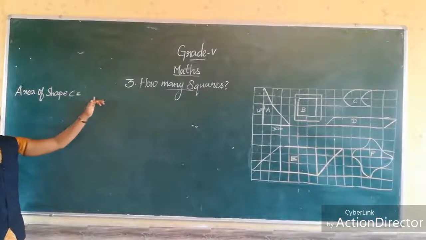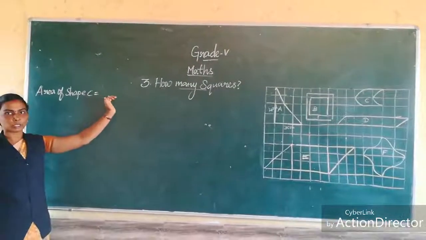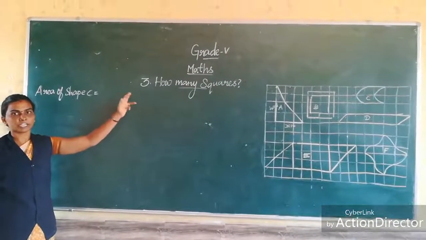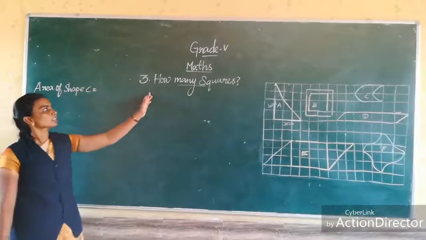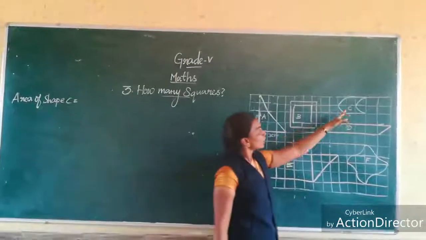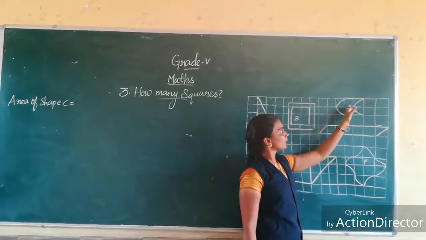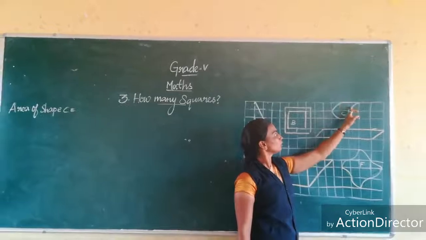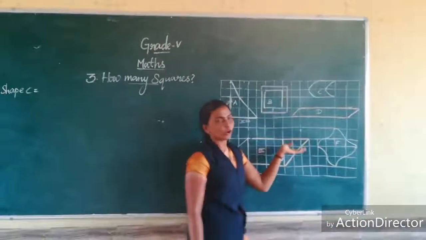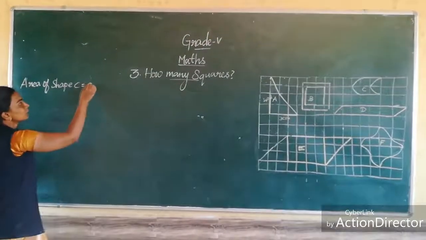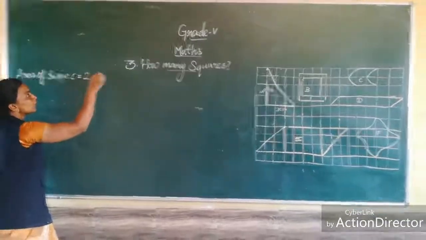See, here first we want to know the number of full squares. Next, the number of half squares or more than half plus quarter squares. Like that we want to calculate. Look at here. Now, how many full squares are there? 2 full squares. How many half squares? 1, 2, 3, 4. 4 half squares, 2 full squares. So here you write 2 full squares plus